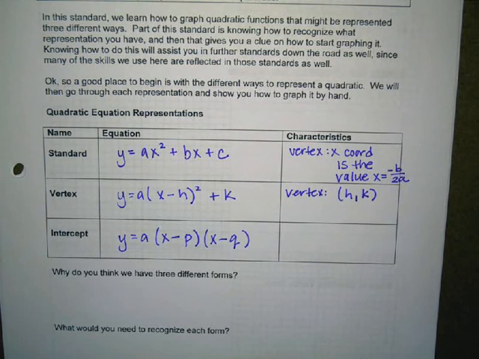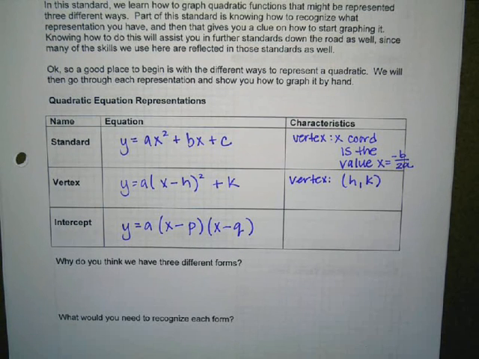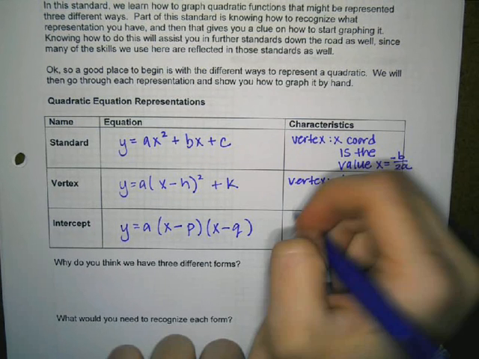The intercept form, why do you think it's called the intercept form? It shows the 2 intercepts. With a parabola, if you have a U-shaped curve, how many times is it going to connect with the x-axis? Twice. If it connects once, what's going on? If this is my x-axis and it only connects once, that's the vertex. That's the vertex sitting on the x-axis. Good. Okay, so the intercept form